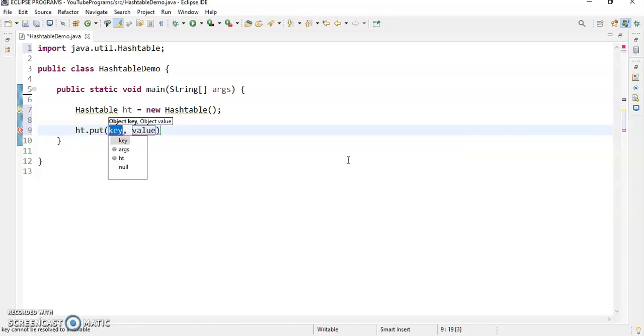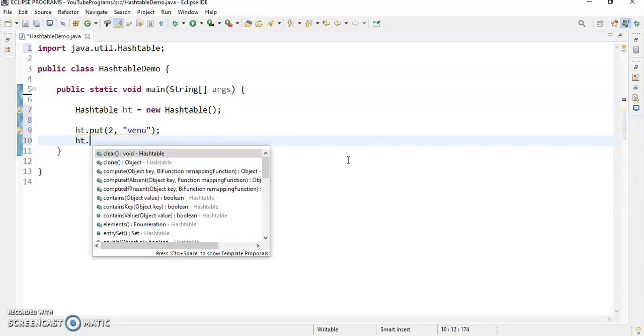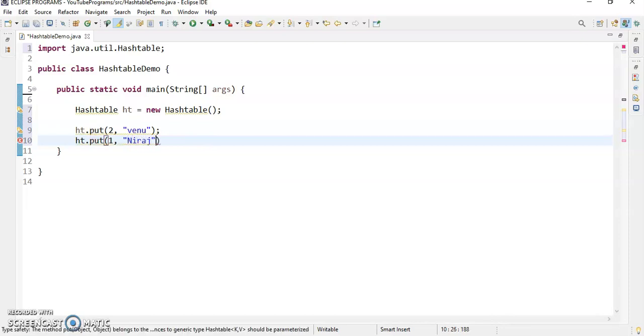Suppose I'm taking the key as 2, and for the value, for example, I'll take my name, Venu. Again ht dot put, in the bracket 1, and the name, oh sorry, wrong method has been selected. Put 1, and here I will take Neeraj.